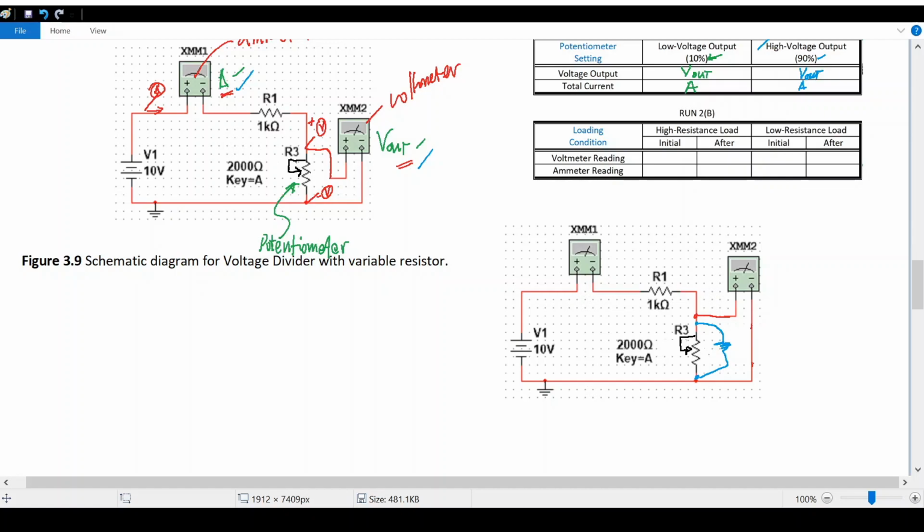So this is a 3 kilo ohm resistance connected across the potentiometer. That is a high resistance load, and the setting of the potentiometer would be